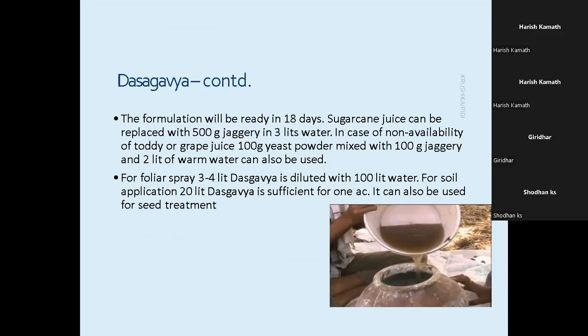Once it is ready, in a similar way you can spray Dashagavya at 3 to 4%. You have to add 3 to 4 liters of Dashagavya in 100 liters of water. You can use it for foliar spray, or if you are applying it for soil application,